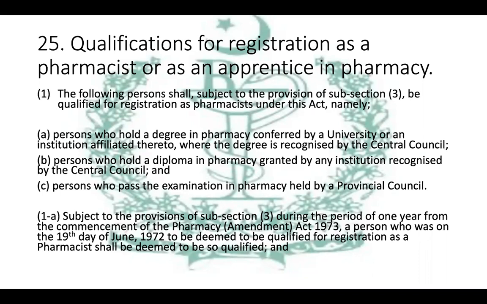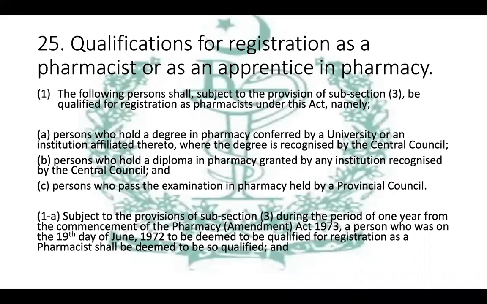So what a person who is qualified, who registers as a pharmacist, may have as his qualification. What type of degree, what type of certification he acquired during his learning or knowledge. So 25.1 says,